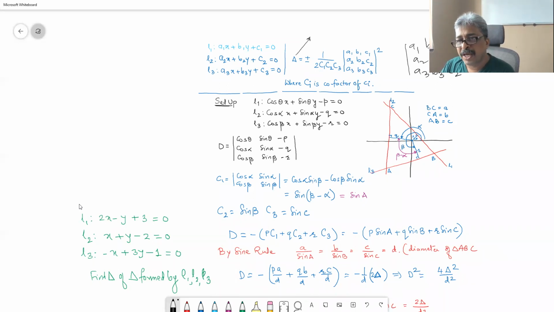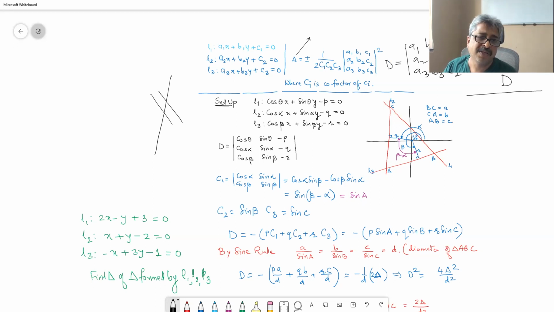Okay. So we have to have this D in the numerator. If I am trying to guess the formula, D must be there in the numerator. I don't know what power, etc., but D has to be in the numerator. What is another extreme situation that we can consider? Maybe all 3 lines are parallel, or at least 2 of them are parallel. If 2 lines are parallel and intersected by the 3rd line, then a real triangle is not formed, because these 2 will intersect each other at infinity, and therefore we'll have to consider that triangle and find out its area, which is going to be a very large number,